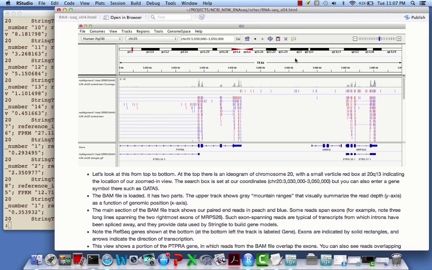Next, we see an ideogram of chromosome 20. The telomeres at either end, the centromere is pinched in, and here there's a red bar indicating the position on 20p13. That's the short arm of chromosome 20, where we're currently looking as we zoom in to a 19 kilobase region. In that region, we have tracks, and one track is from the BAM file, and it actually has 2 different parts. The upper part has what looks like a gray mountain range, and this is a really nice way to visualize the coverage. So you can see that these mountain range peaks are here,